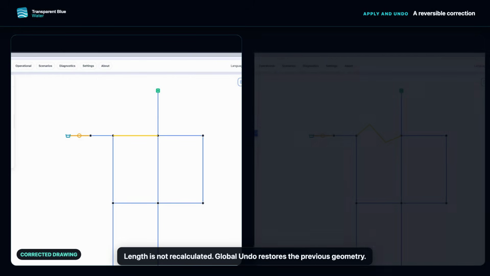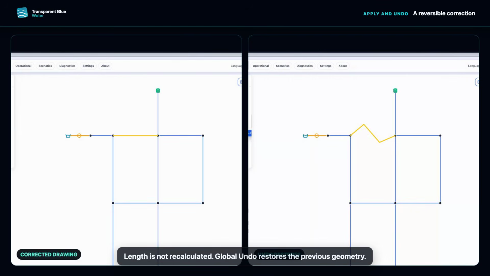If the result was not what you intended, Global Undo restores the previous geometry. WatDis. Fix the drawing, preserve the model,